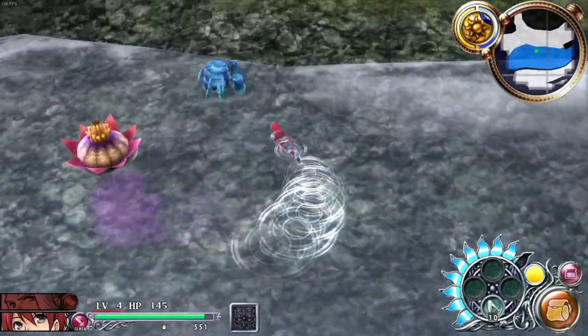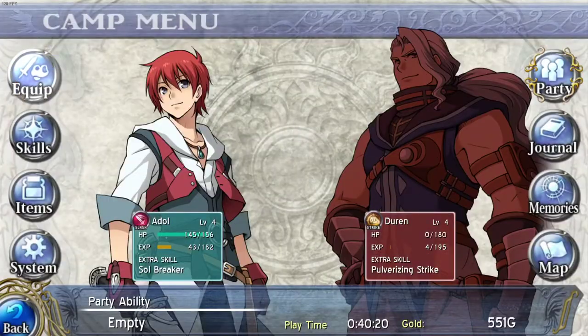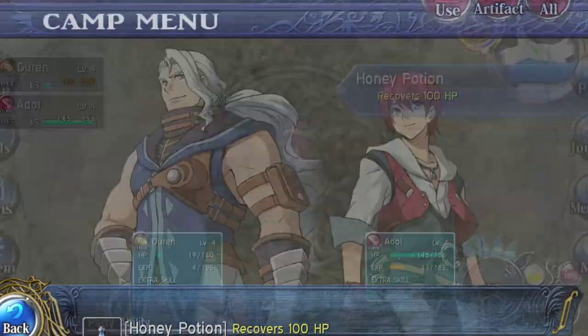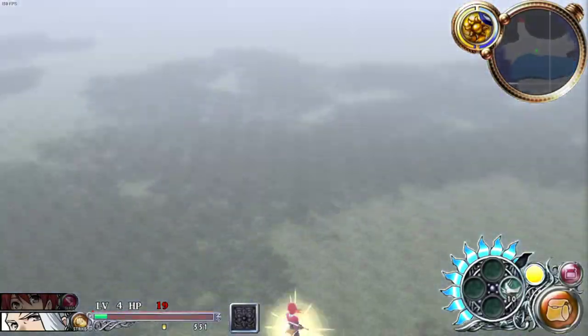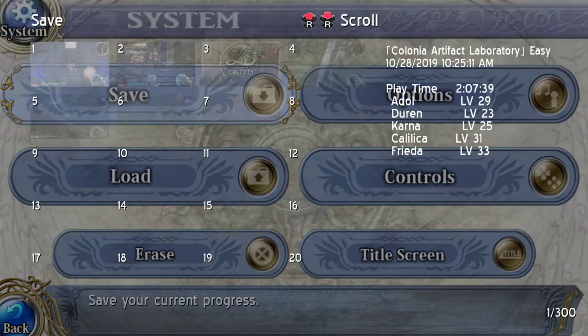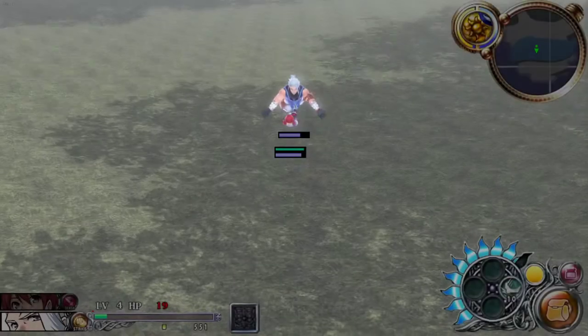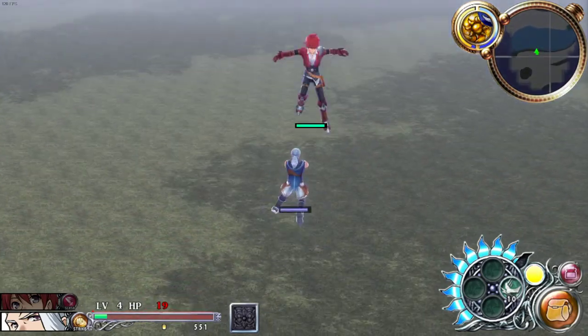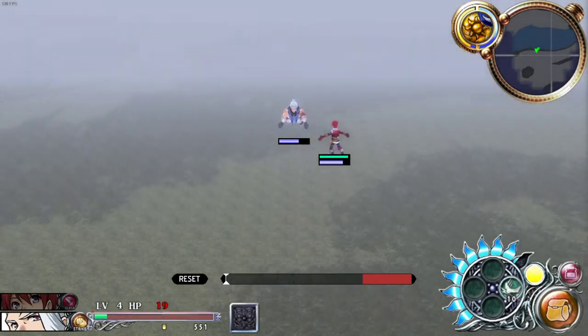Okay, so switch over, come over here. Here's about fine. Rotor droplet, exit your menu. Oh, okay. Do feel free to safety save here, just because this is kind of a one-shot trick. It's not hard, but...